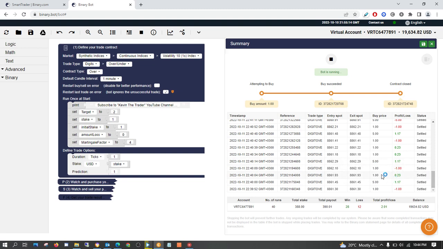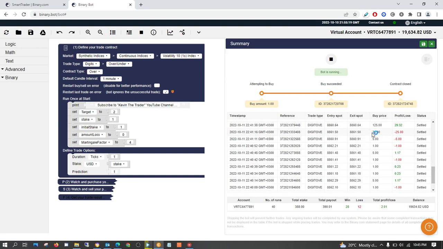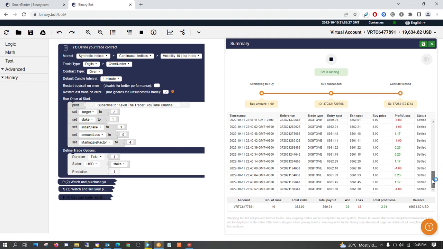As you can see, the $1 according to the martingale here can go up to 125. Okay, so you see, if we lose 125, that would be detrimental to your account. But let's take, for example, you start with $3.5 and then you put 1 here as your target profit.